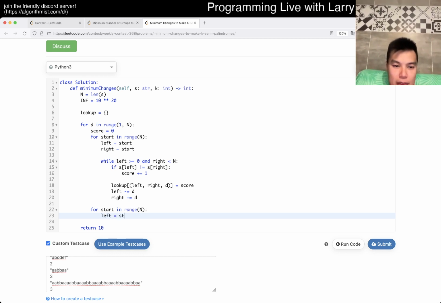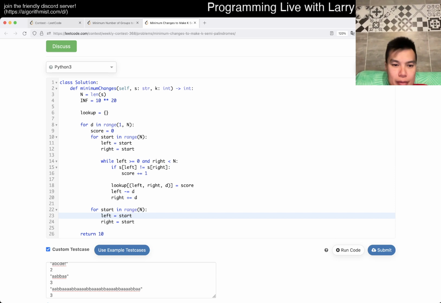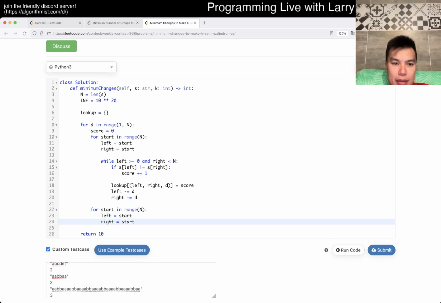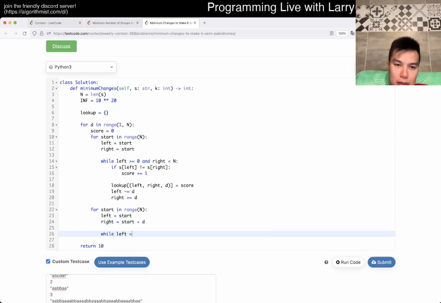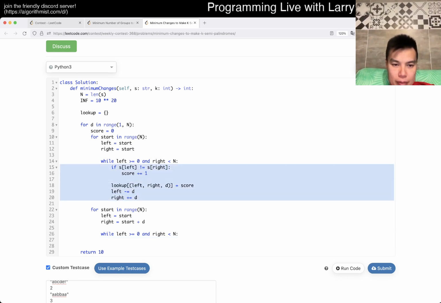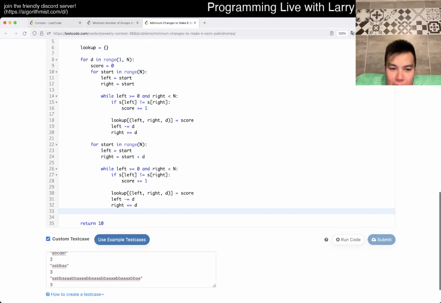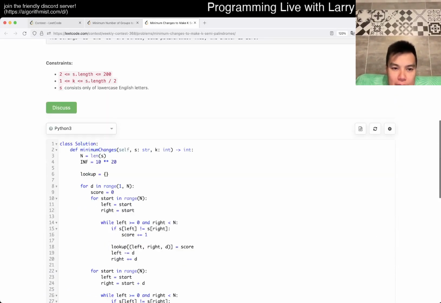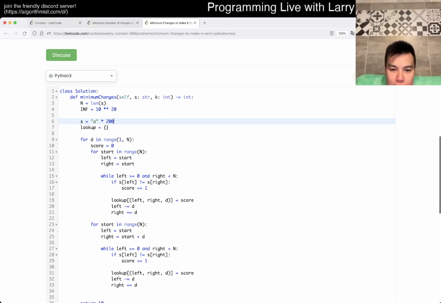and left is equal to start, right is equal, or maybe start plus d. This is so easy to get wrong. I mean, I think the idea is fine if it's fast enough, which I'm not sure it is, but we can just do something like s is equal to 8 times 200 or something, right? So